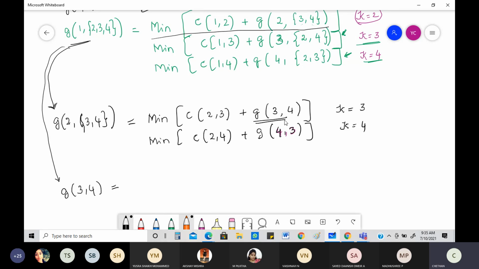Okay, I'm trying to figure out for this one. Put the same old formula right here. So what is going to happen for me? I am going to get with regard to this as C of minimum. You can take that also. Okay, 3, comma 4, the same value plus G of, okay.